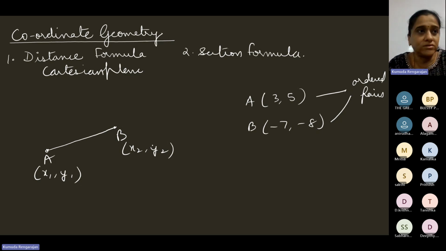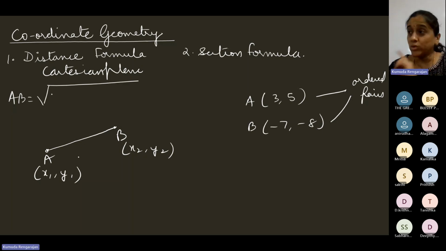The order is important. Okay, that's just an information. Now coming back to this. So say A is given by the address x1, y1 and B is given by the address x2, y2. Now let's see the distance formula with the help of which we can find the length of the line segment AB. Okay, so AB is equal to root of,